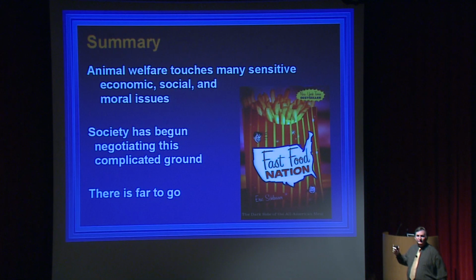And books like Fast Food Nation, which talks about how animals are raised in order to fuel the fast food industry, help bring some attention to this. So there's still far to go and a lot of thinking to be done on this, but it's a very interesting issue. And so when we talk about whether modern agriculture is sustainable, we have to ask,